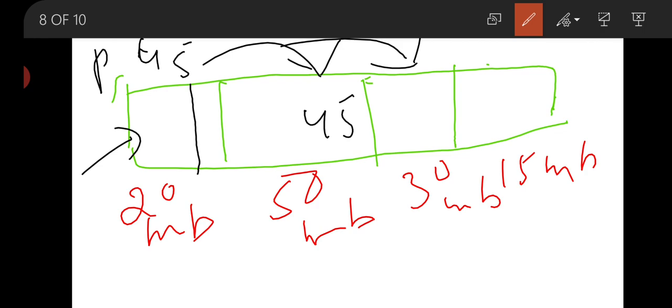Now any other process P4 comes that requires 25 MB, then that will be allocated in this memory. And here if any other process comes and requires 10 MB, then this block is going to be allocated. Now if we look here, 5 MB is left,